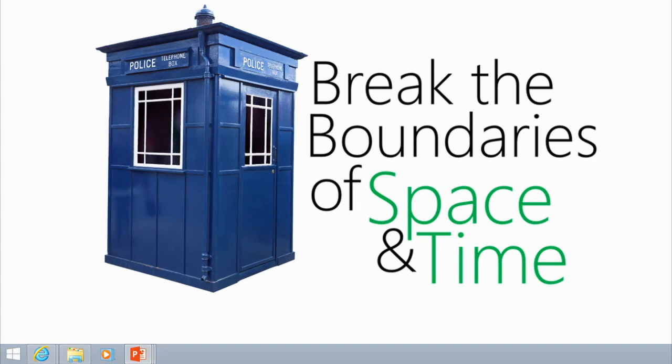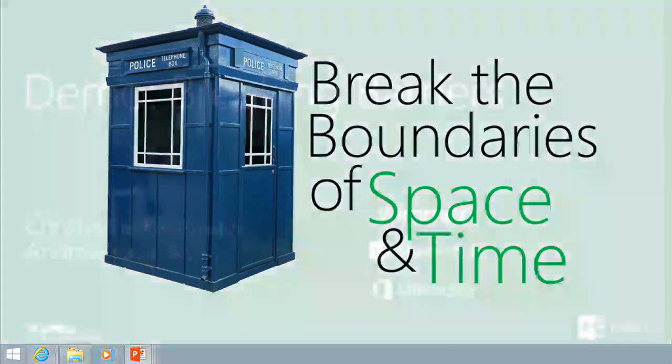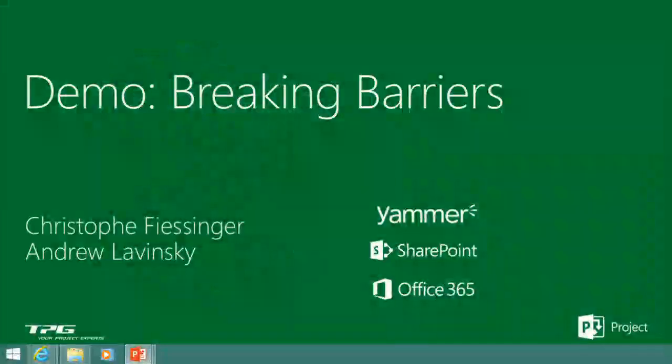We might be traveling. We might have a smaller or medium screen form factor, whether it's a smartphone or a tablet. We might have folks that don't even have a PC. We have folks from a younger generation that don't necessarily communicate via email. We have folks sitting in different headquarters. So how do we break those boundaries, and how is Yammer helping us do that? Let me show you a little bit of demos.